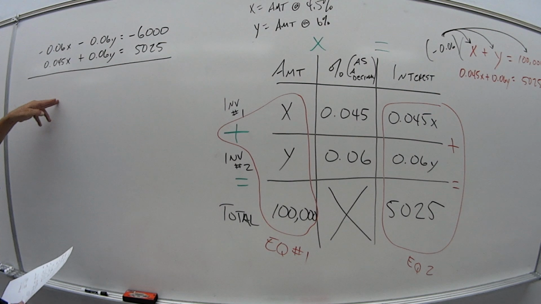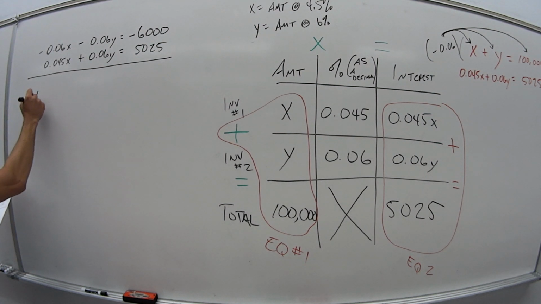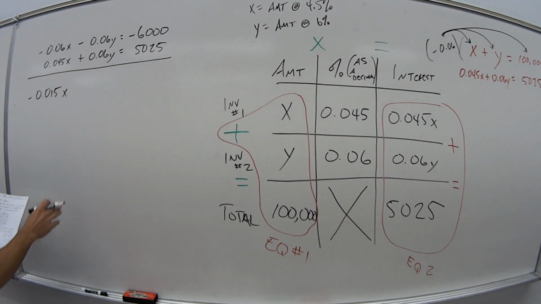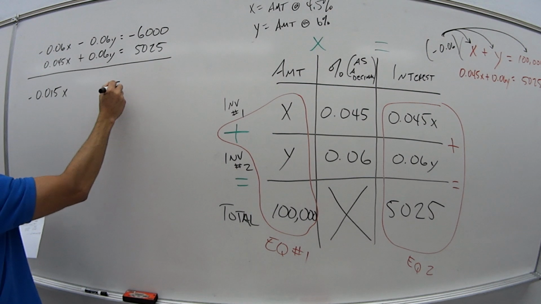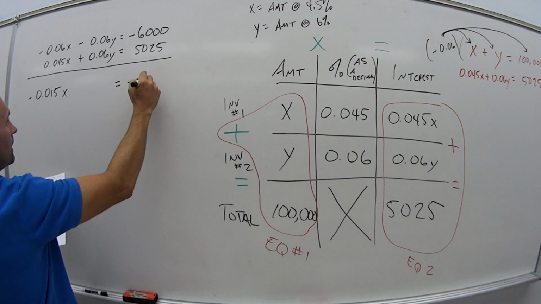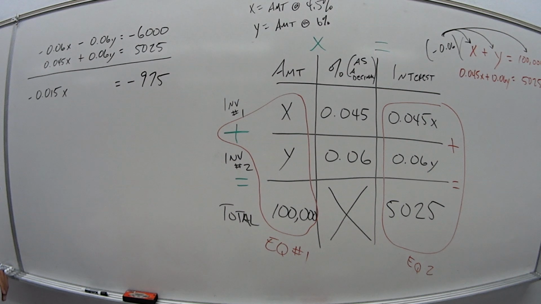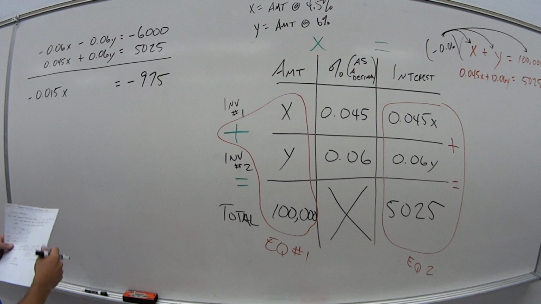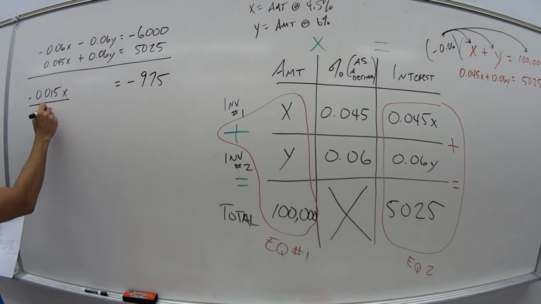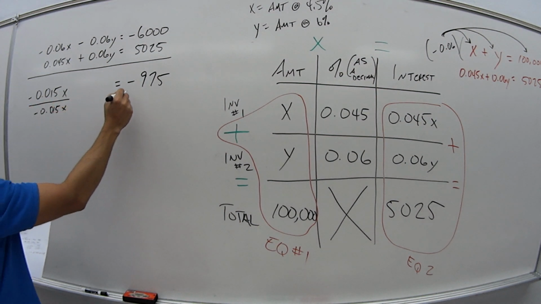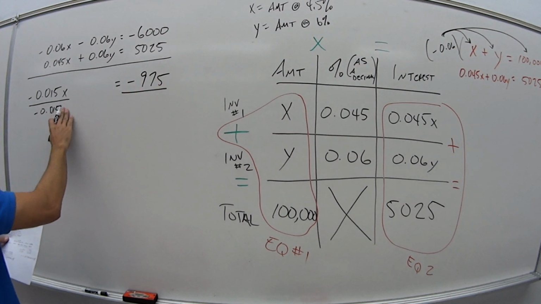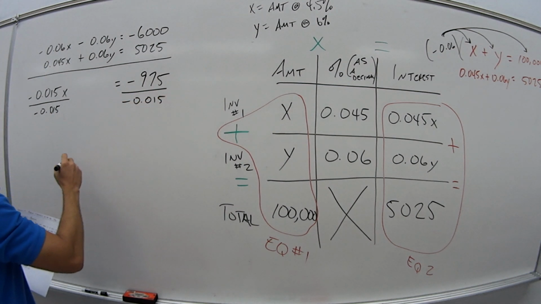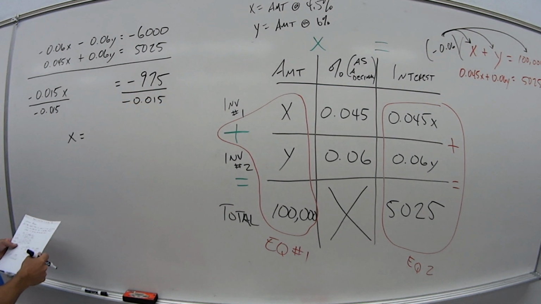So when I add down, I get negative 0.015x. The y values cancel each other out, and here I get negative 975. So now I have one equation with one variable. So I divide both sides by negative 0.015. Sorry, not the x. Negative 0.015, negative 0.015. And when I do that, I get x is equal to